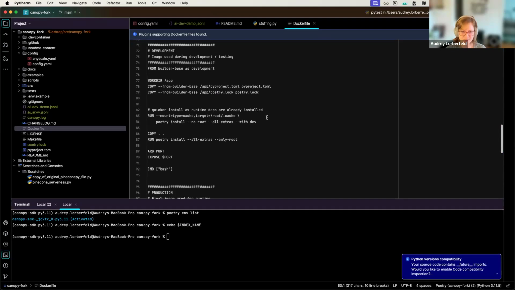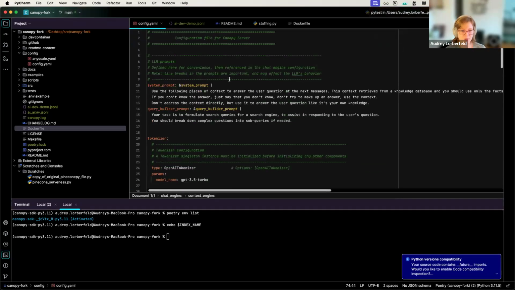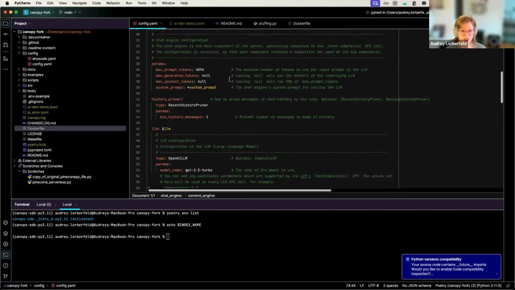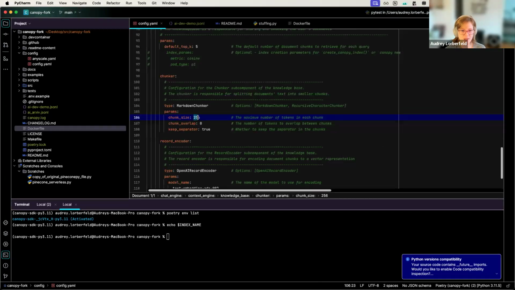And Ryan, plans to increase the max chunk size? No, but again, literally all you need to do, we just wanted defaults that work for most everybody. So if you wanted to change the chunk size, where's the chunk size? Here we go. You would literally just change it to, I don't know, 1036. And boom, you change the chunk size. Cool. And the cool thing about Canopy is that if you change the chunk size to something like 1036, whereas before it was only 256,